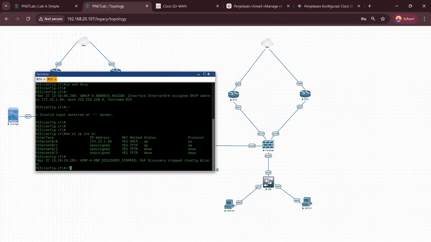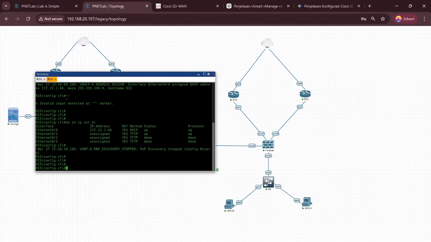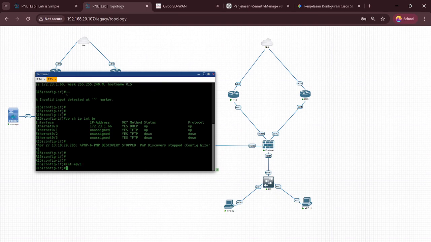Okay, now configuration to point this router ISP1 to the FortiGate. Now interface Ethernet 0/1. Click enter. IP address 128.21.1.101.